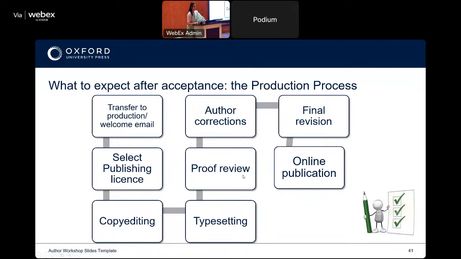You see it, and if you think you have to make any changes, make the changes now. Once it is published, we do not accept any changes, unless, of course, there's a change in the accuracy of the results. Otherwise, no. Make your final corrections here. It'll come back to us for final revision, and then it is published online.